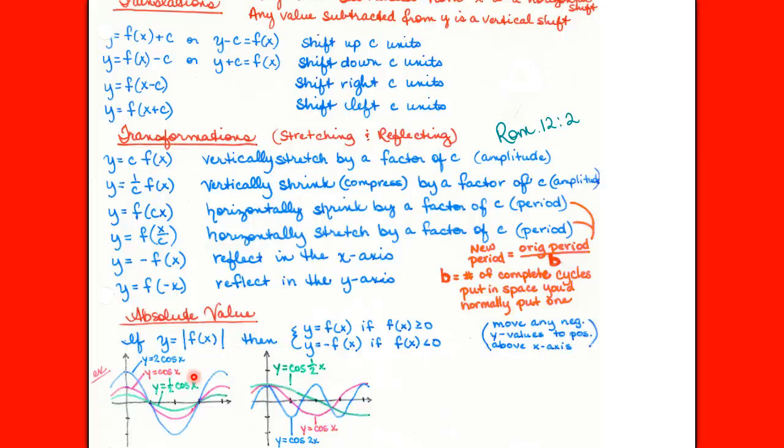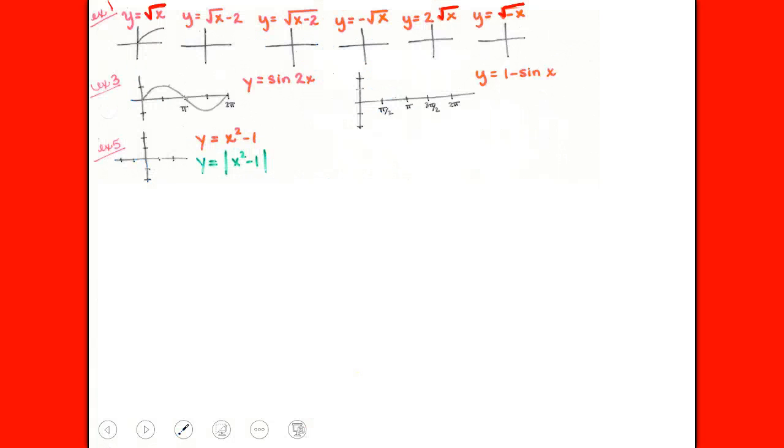And we saw that before in a previous problem where we were working with the sine curve, where we ended up with something that basically just looked like the positive piece and then the negative piece came up and the positive piece and the negative piece came up and the positive piece and so on. Okay? So let's look at an example. In example number 1, they tell me if you have y is equal to the square root of x, so that's our root function,